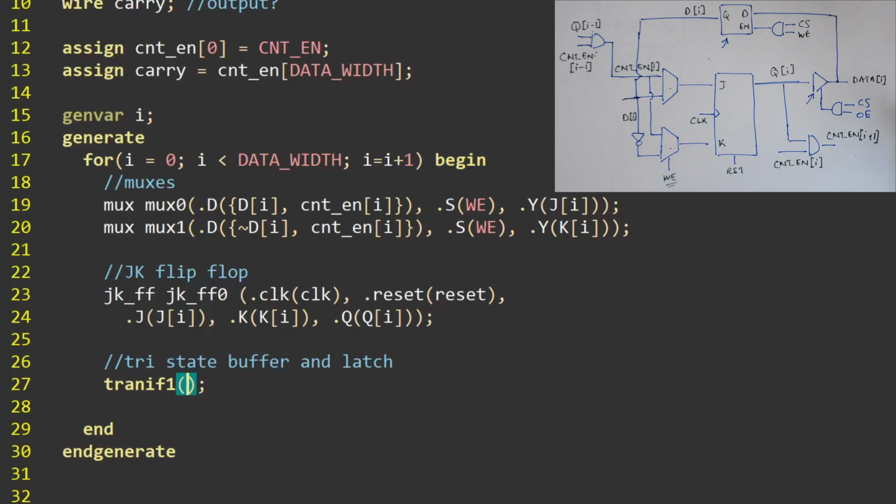Now to add the tri-state gate and the latch to give it bidirectional input-output.